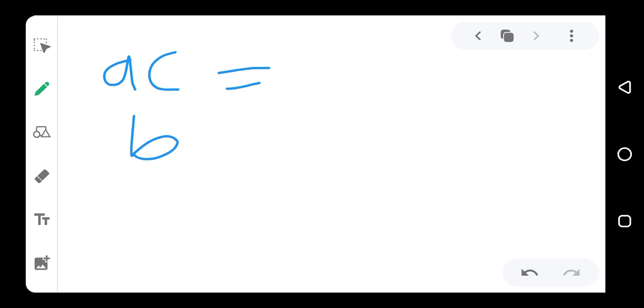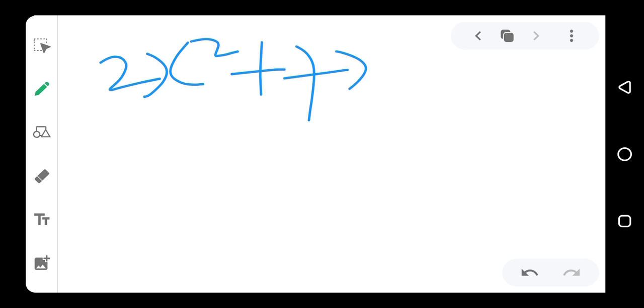Then we look for two numbers that when we multiply them, it will give us the product of a and c, and when we add them, it will give us b. For instance, if you have